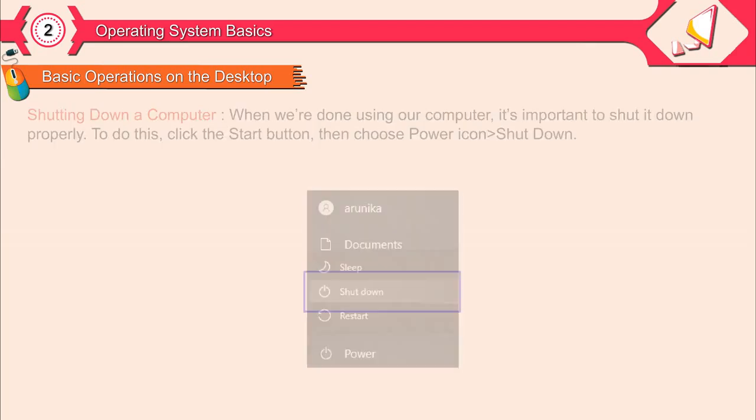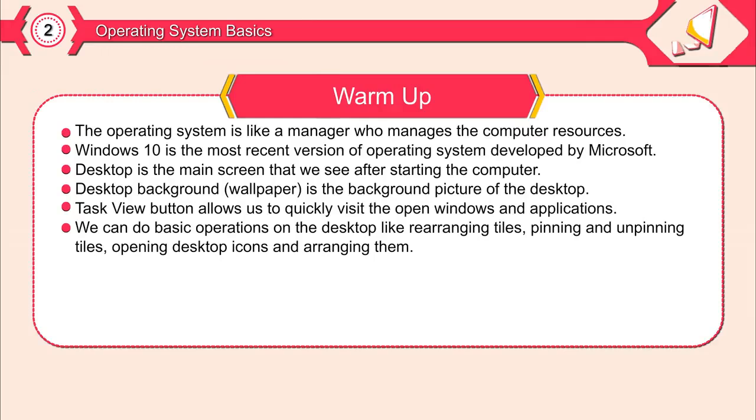Wrap up. The operating system is like a manager who manages the computer resources. Windows 10 is the most recent version of the operating system developed by Microsoft. Desktop is the main screen that we see after starting the computer. Desktop background, or wallpaper, is the background picture of the desktop. Task View button allows us to quickly visit the open windows and applications. We can do basic operations on the desktop like rearranging tiles, pinning and unpinning tiles,